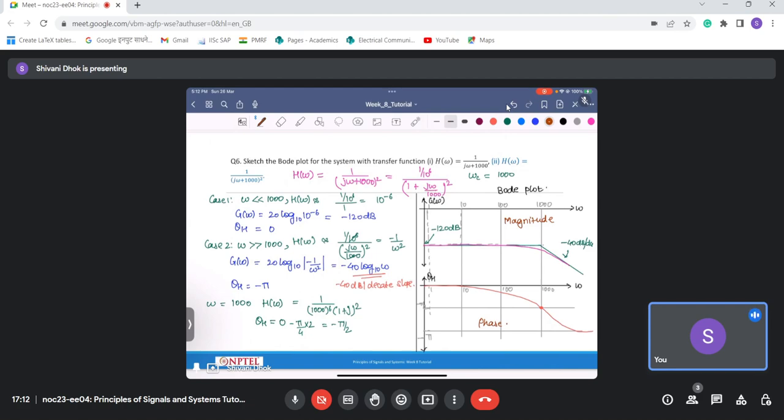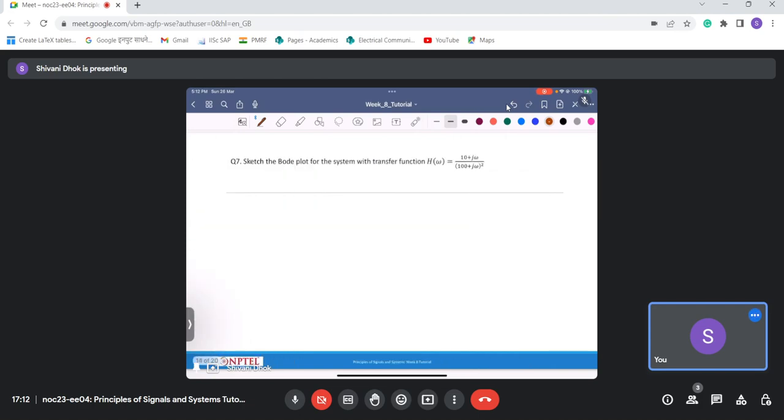Okay, let us look at the next question then. So again we'll look at the question corresponding to Bode plot, and here the transfer function that is given to us is (10 + jω) / (100 + jω)². So before drawing, let us first write this in the standard form. So this H(ω)